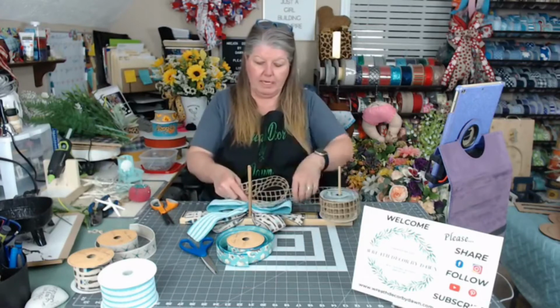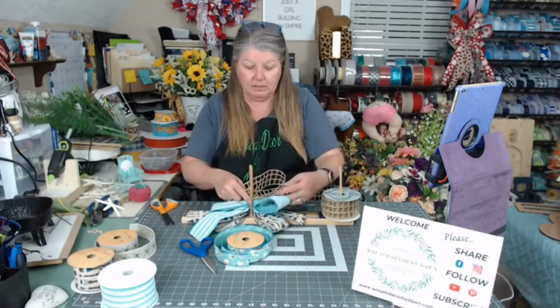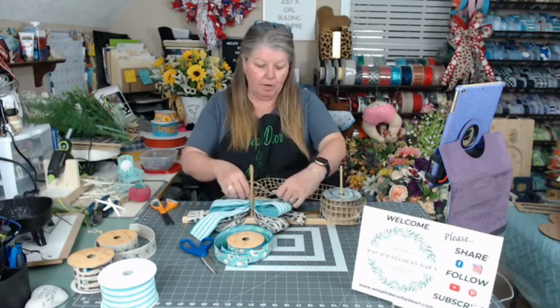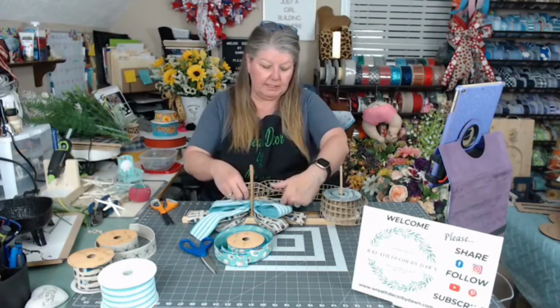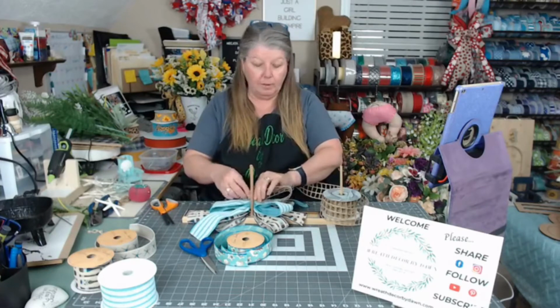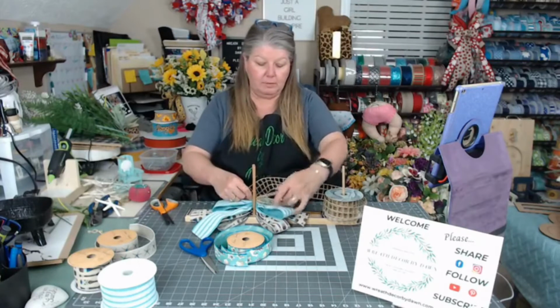Y'all ever have one of them days where everything you touch just falls over, falls apart? I'm having one of those days today. Every time I walk by something, I just barely touch it and it falls over. I had a stack of ribbon up here and I barely walked by and touched them and they all tumbled over and...